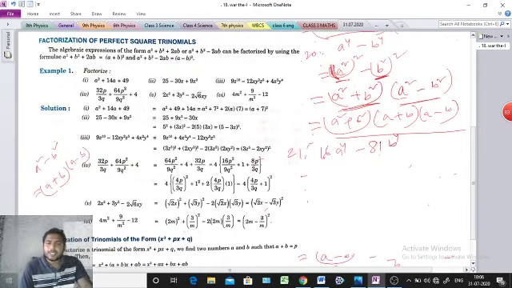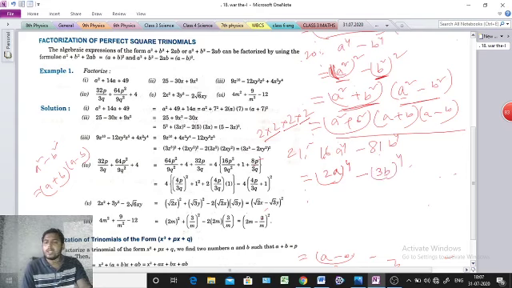So here 16 and a to the power 4. 16 means whose power 4 will come? 2 to the power 4 means 16, because 2 to the 4, see here, 2 to 4, 4 to 8, 8 to 16. So that's why 2a whole to the power 4 is 16a to the power 4. Clear? Similarly here, minus 81 means 3 to the power 4. That's why we will write what?